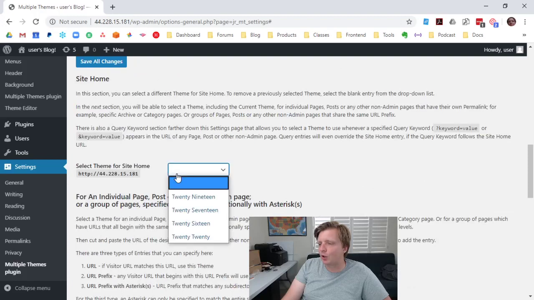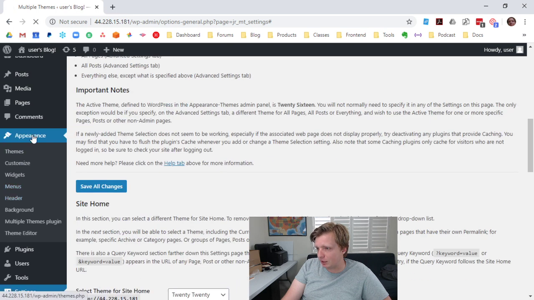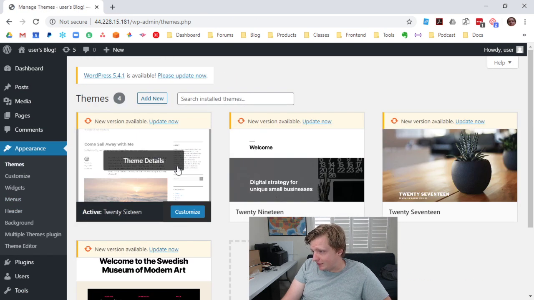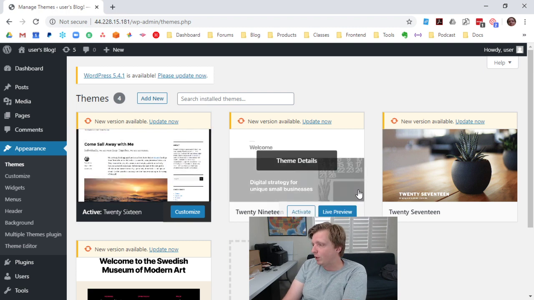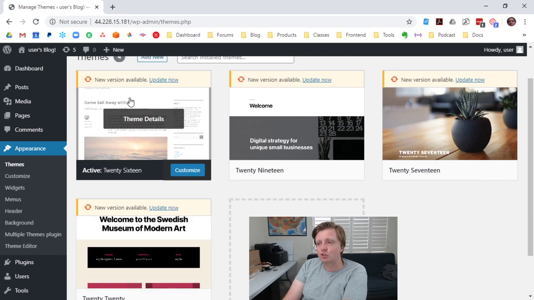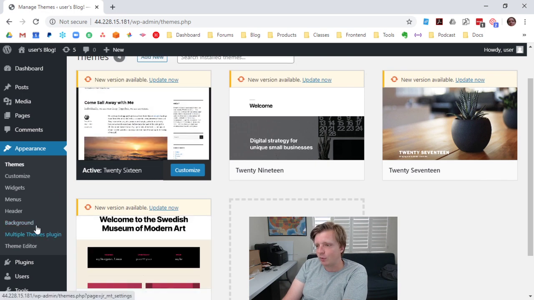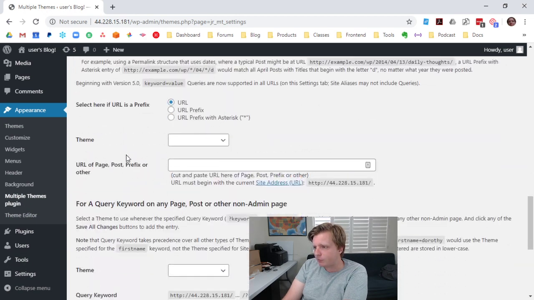What are we using currently? We're using the 2016 theme. So let's think about this. Let's say that on that sample page, we want to use the 2020 theme, but everywhere else just the 2016 theme. Go back, we go to Appearance, Multiple Themes plugin, and then in the settings here,